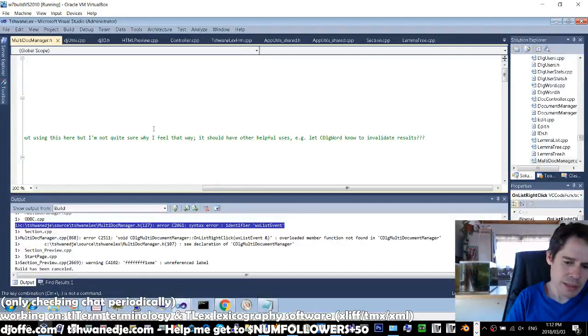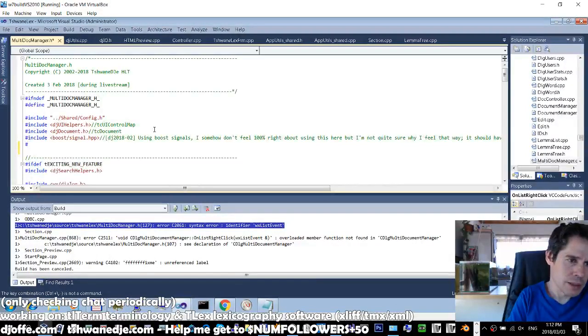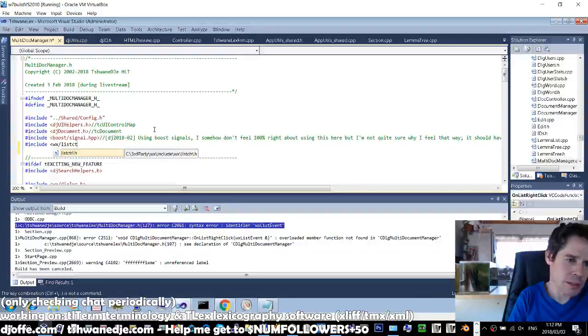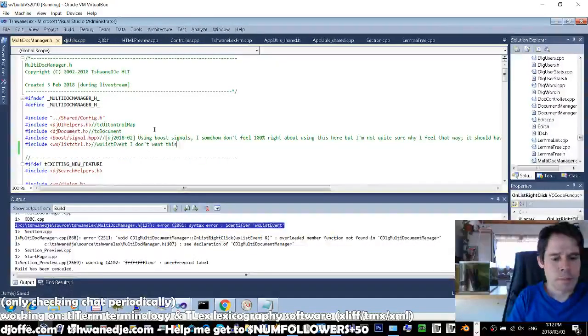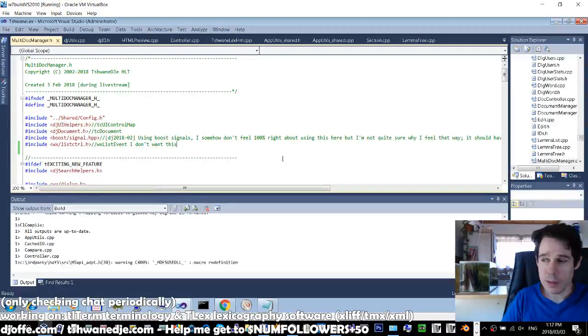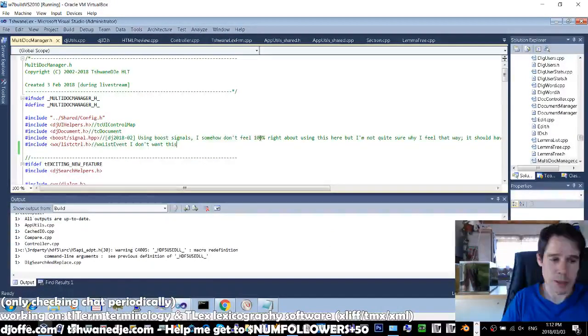I'm hesitant to add headers to, you see now, what did I want? This is what I don't want. Because one of the things that affects compile speed on a big complex C++ application is,